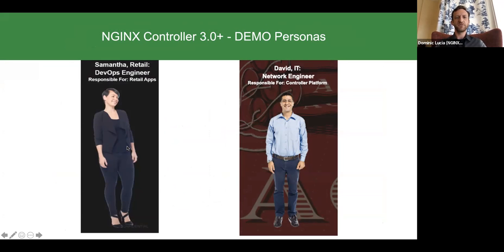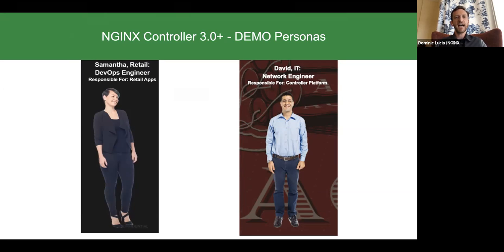I'm going to look at it from two different ways. The first is the DevOps engineer, and she is going to be signified by the darker window. It's going to be an incognito window, and I'll keep touching on that to make sure that we remind you of that. And then over here, we'll have the IT network engineer who has mostly been responsible for the infrastructure